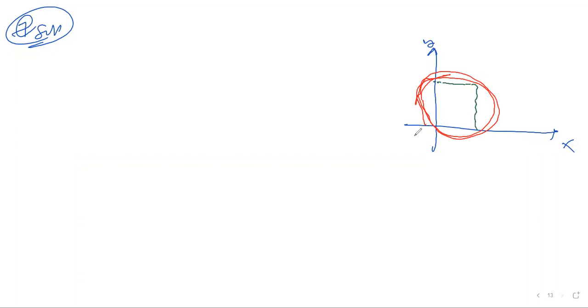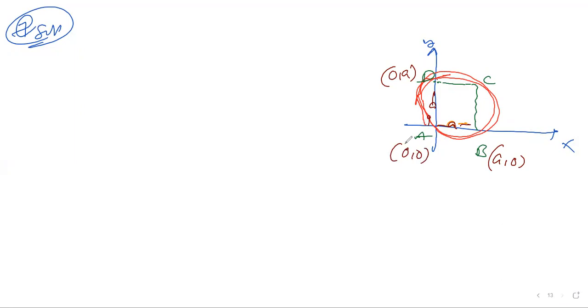I am writing A, B, C, D. If you take a point over here, what point do you get? The distance, if you take it, is a. Here to a, here to a. This is on the x-axis, so what point will you get? The y component is 0. This is on the y-axis, so what is the component of D? It is 0, comma a. And A is 0, comma 0. Am I clear or not?